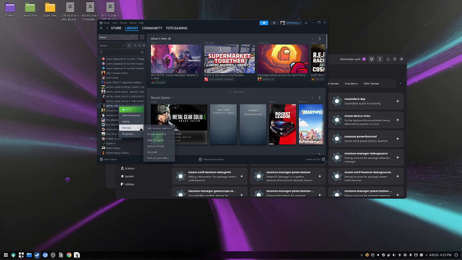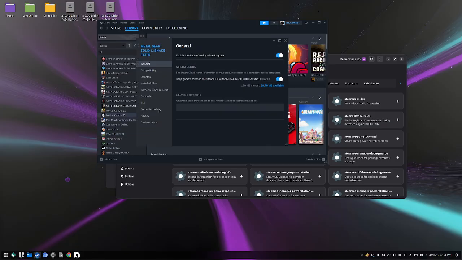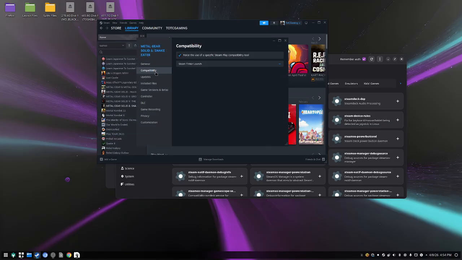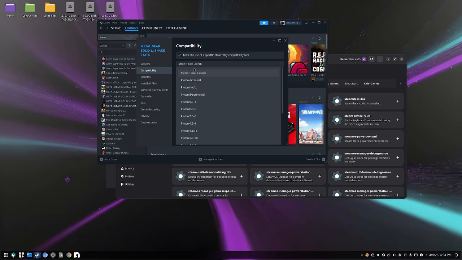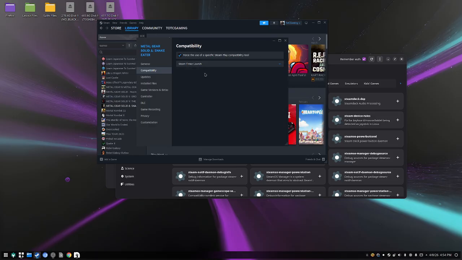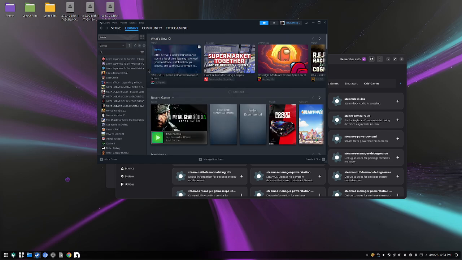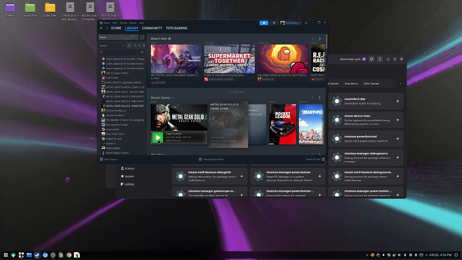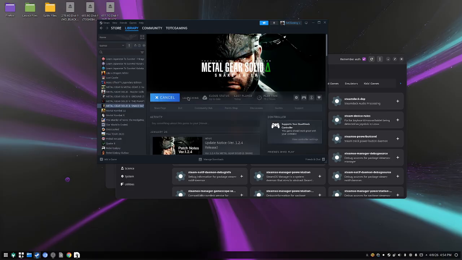And we're going to go to properties. And in your properties, there is a compatibility button here. There is a button here to force the use of a specific Steam Play compatibility tool. You want to click that, and then you want to change this to be Steam Tinker Launch. Now, what that's going to do is when you go to launch this game, I assume this is actually showing on my other monitor when I click this, but if you click the play button, it's going to launch the game. But what you're going to see